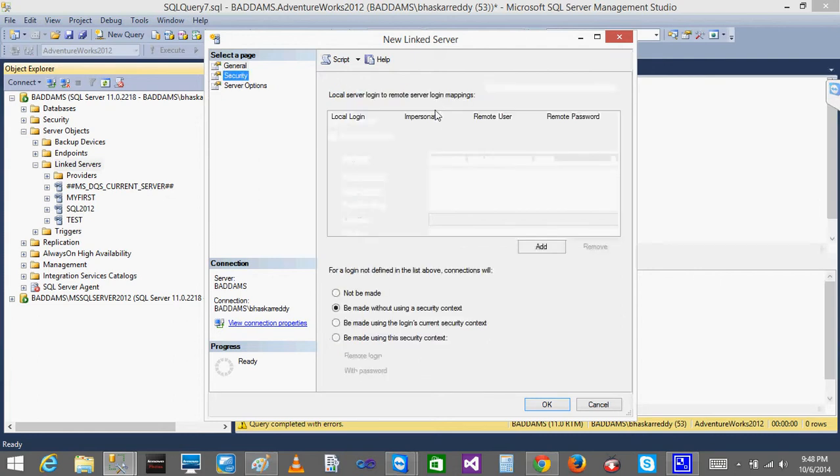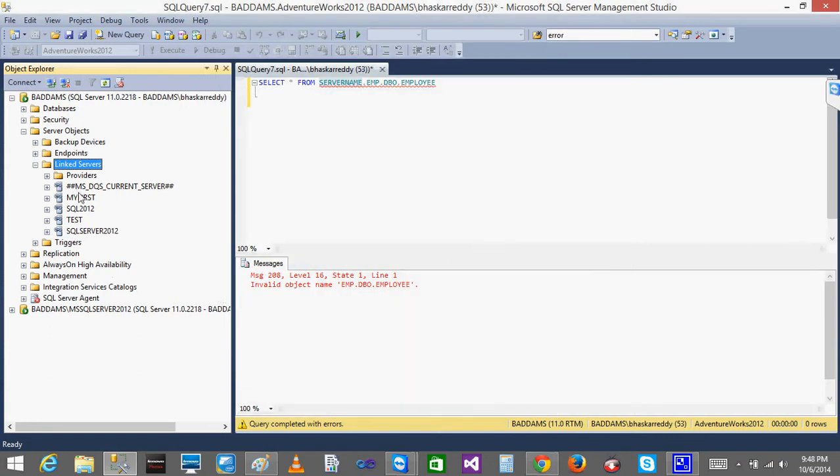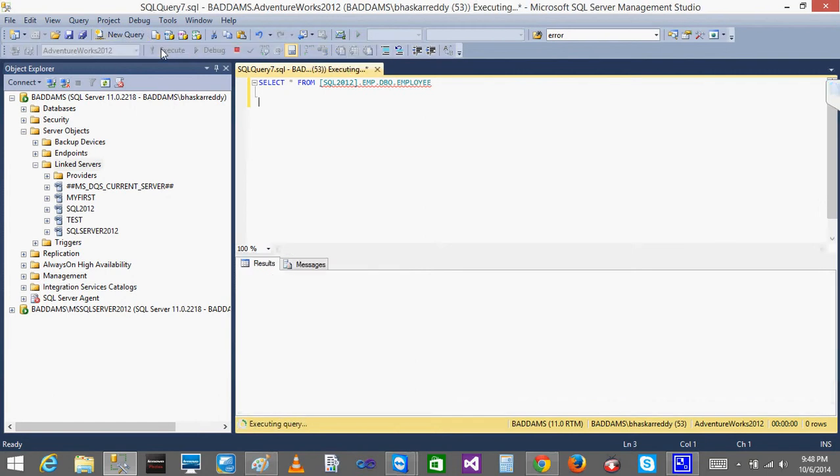In the security, I'll add my username, login ID, Baddam Bhaskar, done. Impersonate, okay, done. So now I have created a linked server called SQL2012. So now instead of giving that server name, I'll directly use SQL 2012. That's it. When I use this, when I execute, see,